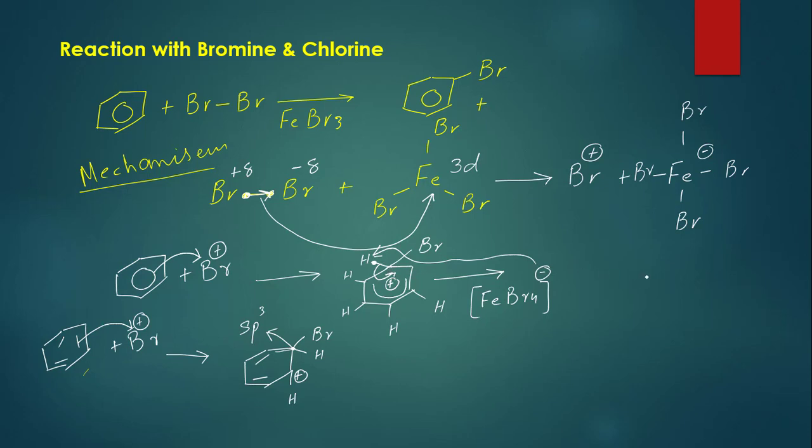So we will get our benzene, and here we will have our bromine. So this is bromobenzene. We will get this hydrogen and one of the Br here, so we will get HBr